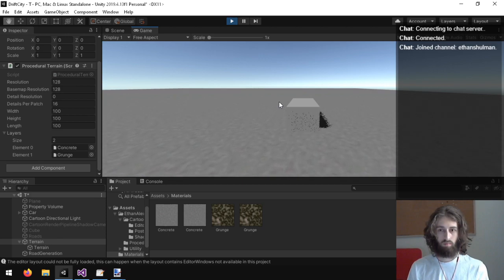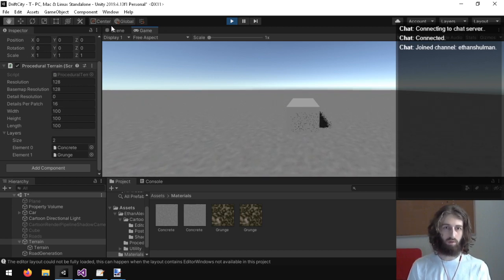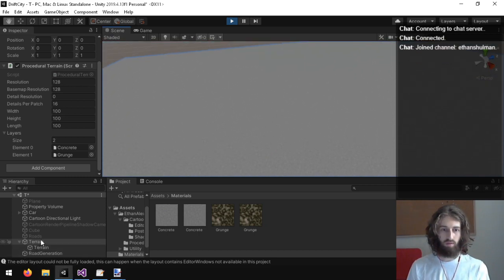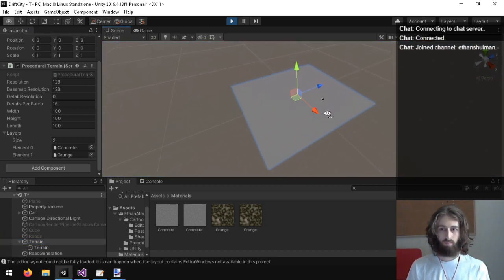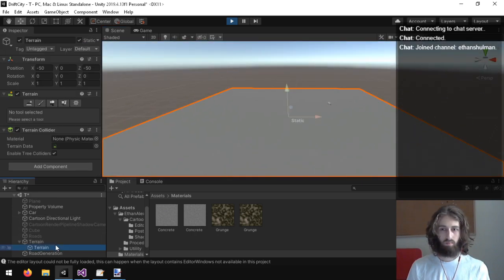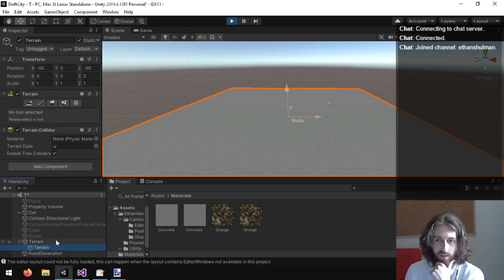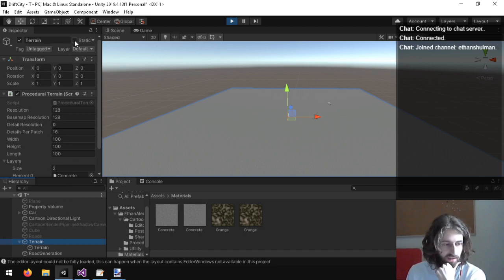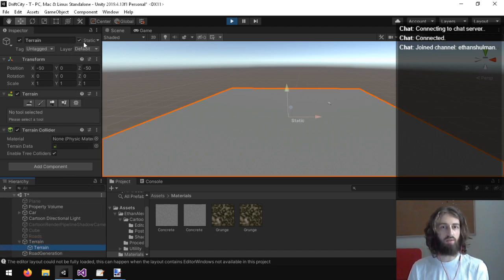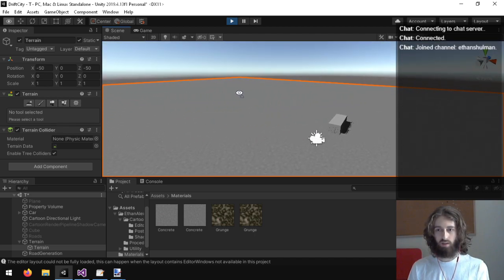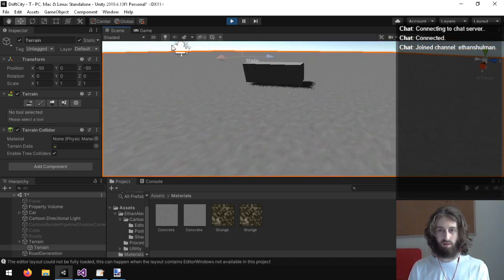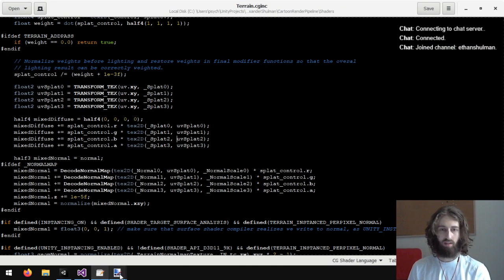I don't know if I changed the controls or something, but it seems like the car isn't driving now. That's okay though, we'll work on the terrain generation first. Yeah, okay, nice. So our terrain does look like it's aligned. Very nice. So I guess I can set this object to static too, because it has the terrain set to static. Alright, so this is decent starting out. It's generated a terrain.